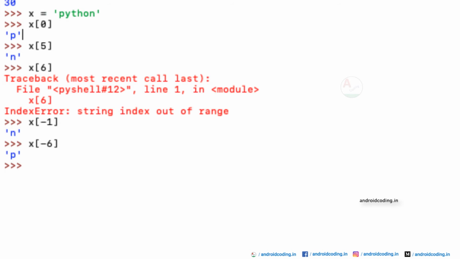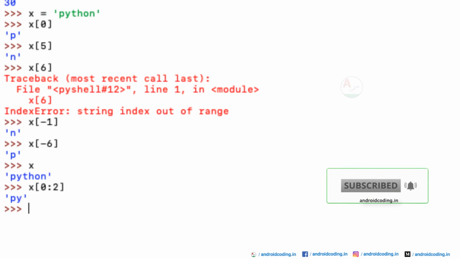So now we will be seeing another concept called slicing. We have got the variable x to be Python here. Now we will try to provide the slicing for this word. So x of 0, 2. Here we got the letters p and y out of Python. So 0 is our index value for p and 1 for y, and we have considered the range to be 0 to 2. So we have got just the 2 letters in the word Python.